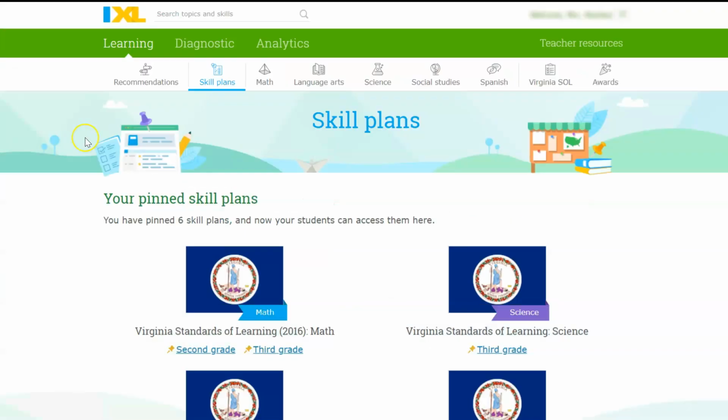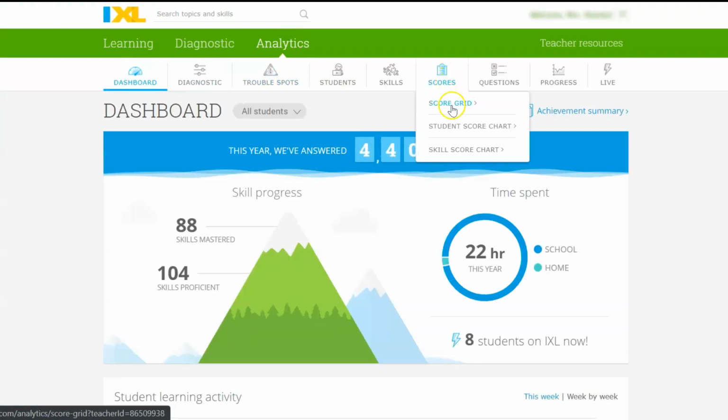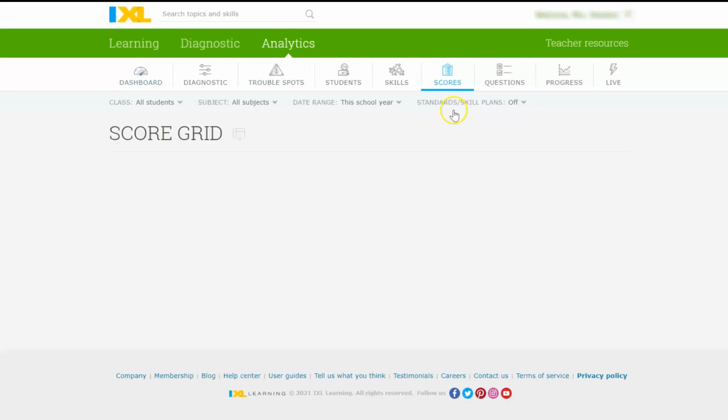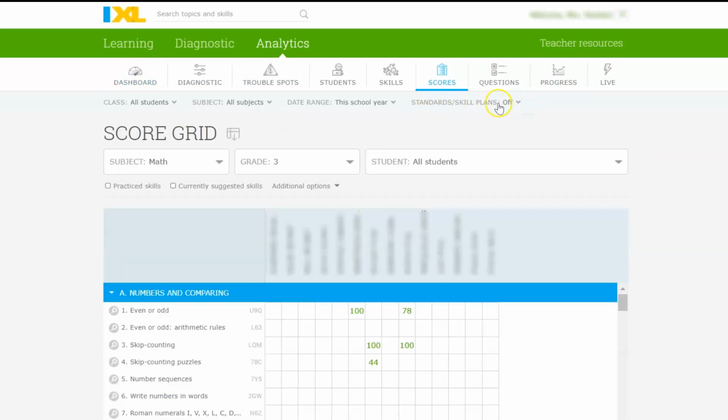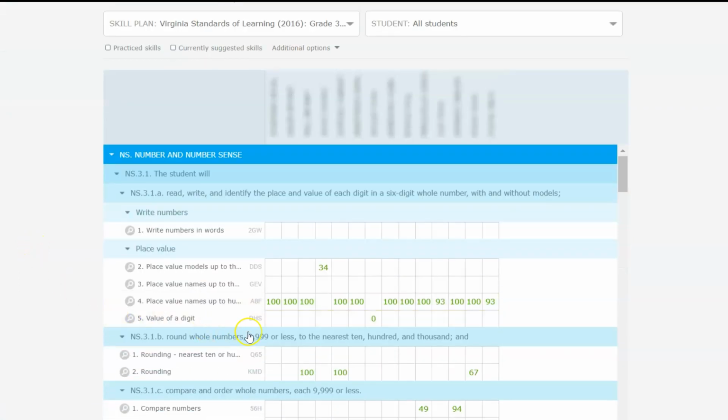So to look at that data, under Analytics, you go to Scores and Score Grid. And then right here where it says Standards and Skill Plans, you're going to want to click Skill Plans. And then that way you can look at the skill plans and you can see the skills that are aligned to the